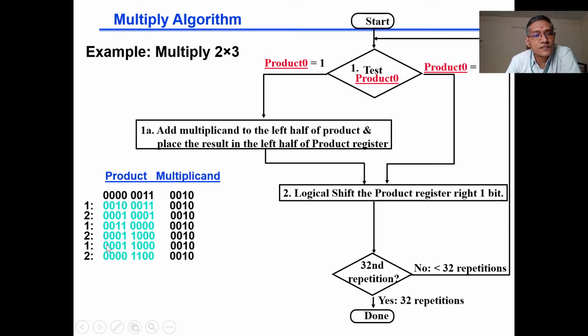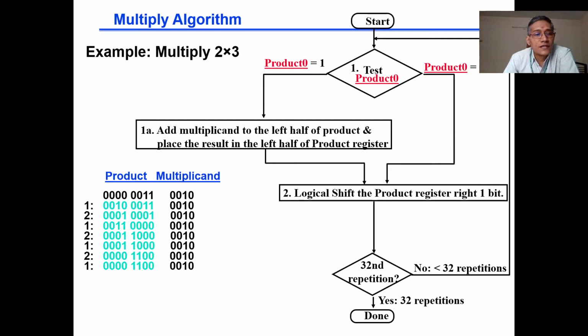If you see the first step in the third iteration, there is no change in the product register value, because the LSB bit is 0. Now after shifting in the third iteration, these two ones will be moved on to this LSB portion, and the 1 0 is added here. So this is the right shift operation during the third iteration.